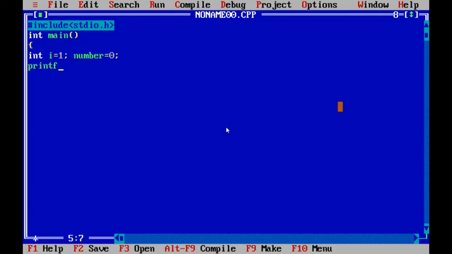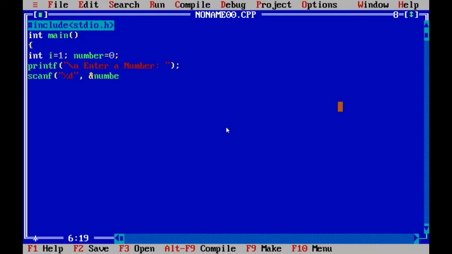printf("\n enter a number"). Scanf function is used to read the data from the keyboard. %d, comma, address of number.